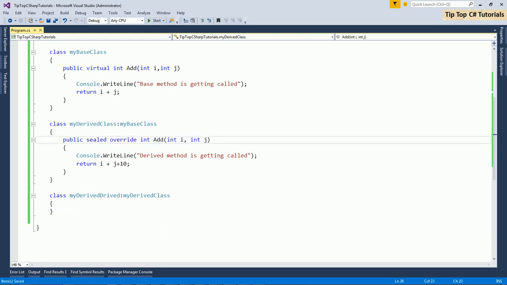So I need to understand three keywords mainly. First is virtual, where the base class gives an option for the derived class to override. If the derived class wants to override, it's not compulsory to override. If it wants to override, then it has to use the override keyword. In case at a certain point of time a derived class decides that nobody should override this one, then we have to go for the sealed keyword, where after this nobody else will be able to override the functionality. Let's flip to PPT.